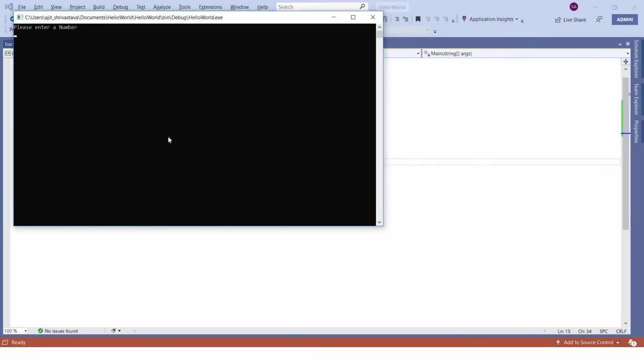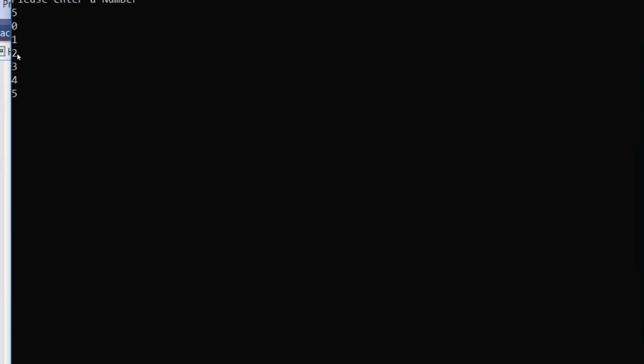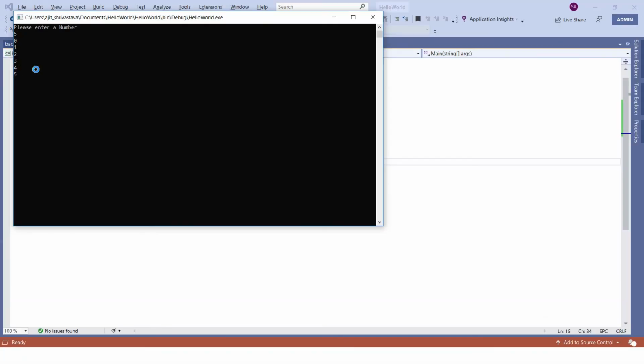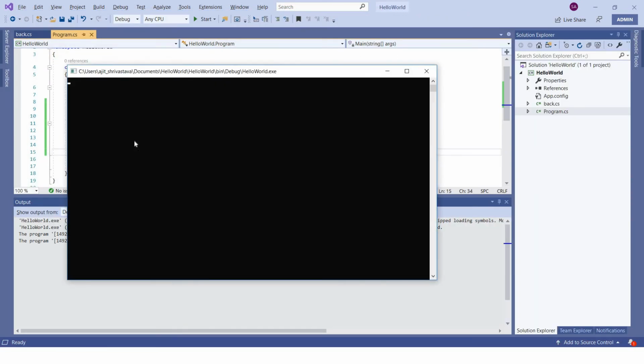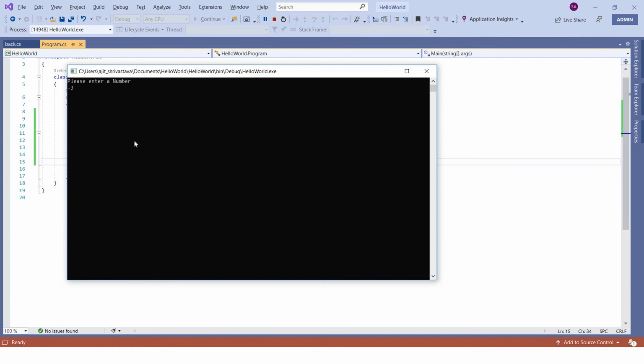Let me run this. Please enter a number. I am entering 5. You can see 0 1 2 3 4 5 all are getting printed. Let me run it once again. Here I am entering -3. Still you can see that at least once it is printing 0.